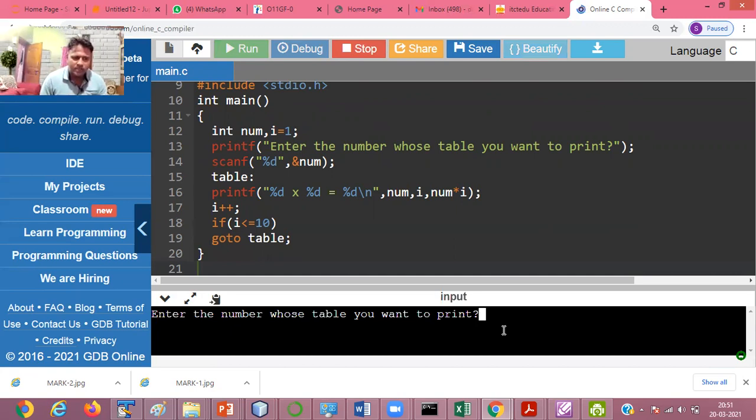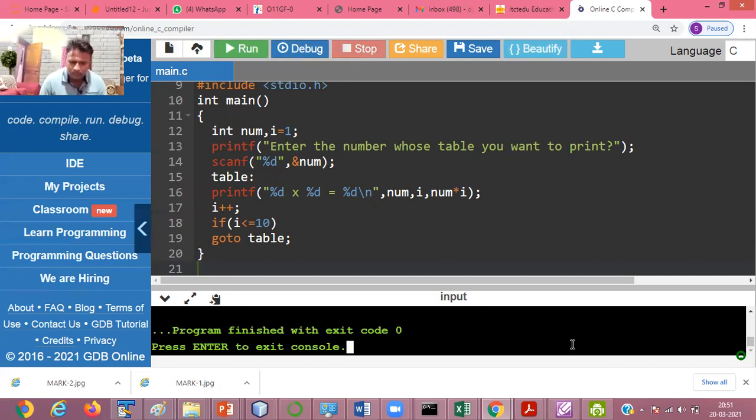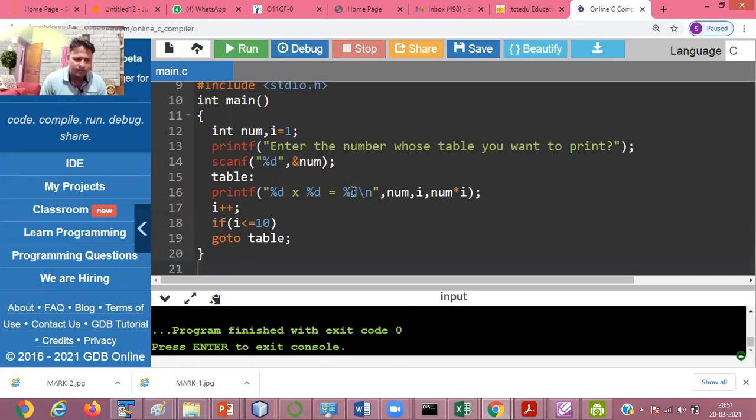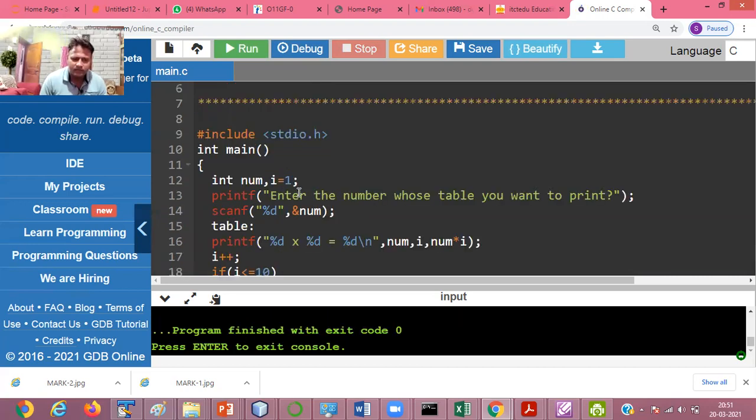Suppose I am passing here table is 5. I enter here. It is showing the multiplication table: 5 into 1 is 5, 5 into 10 is 50. Okay, it is printing all the multiplication table of 5. Now check here.